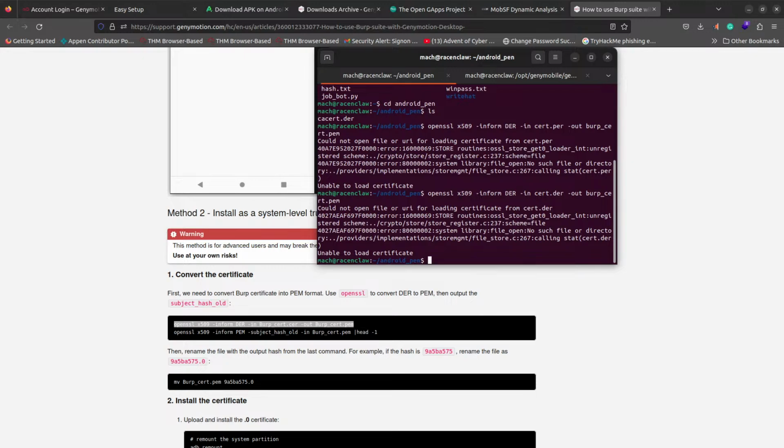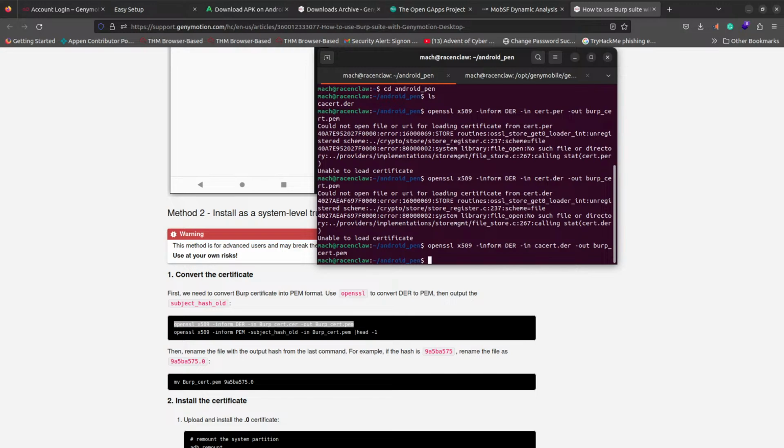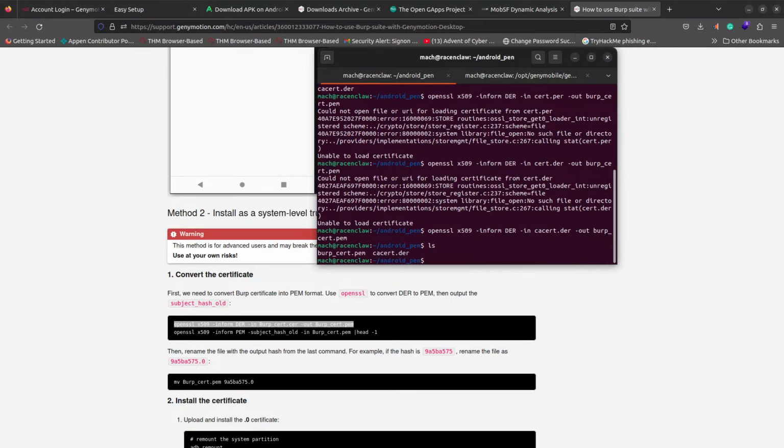What did I call it again? Oh, cacert, sorry. So it's called burp cert.pem. So that should be it. Okay, so now if we go here, we should have a burpcert.pem. So what we need to do now is